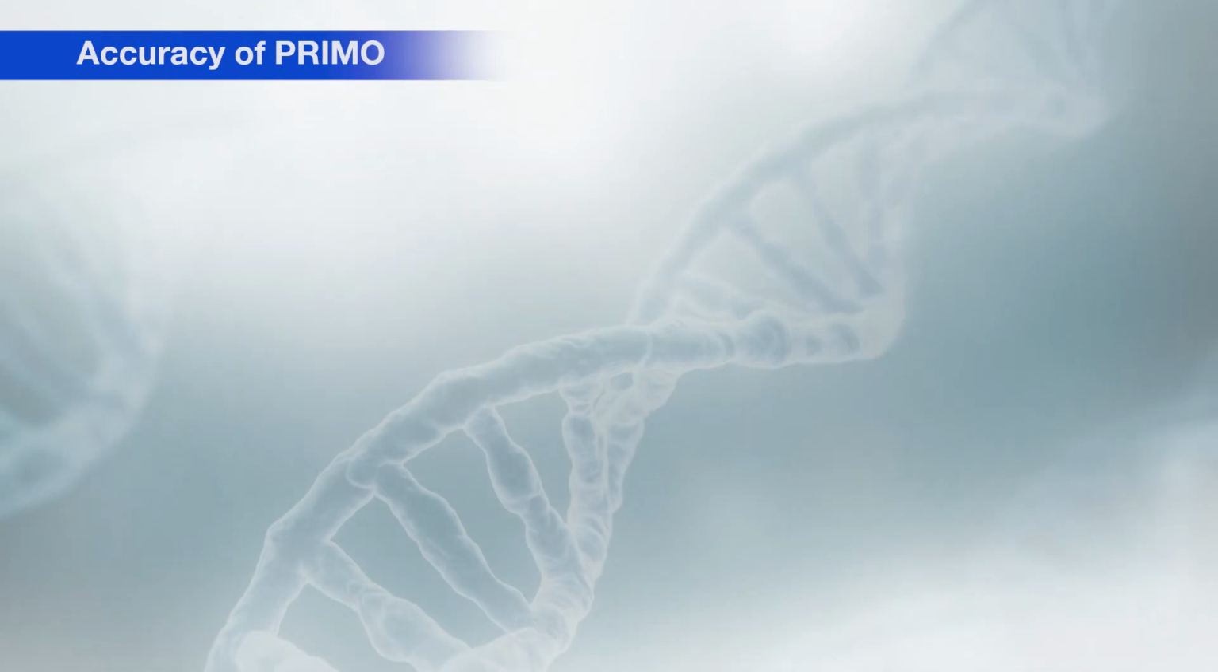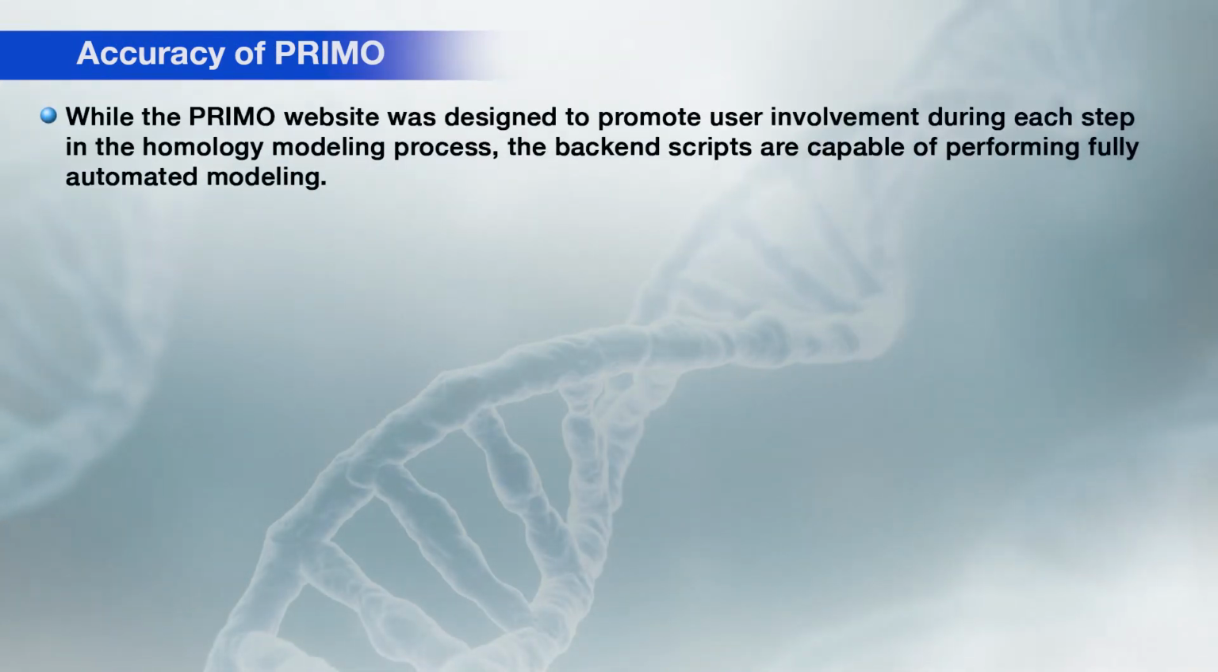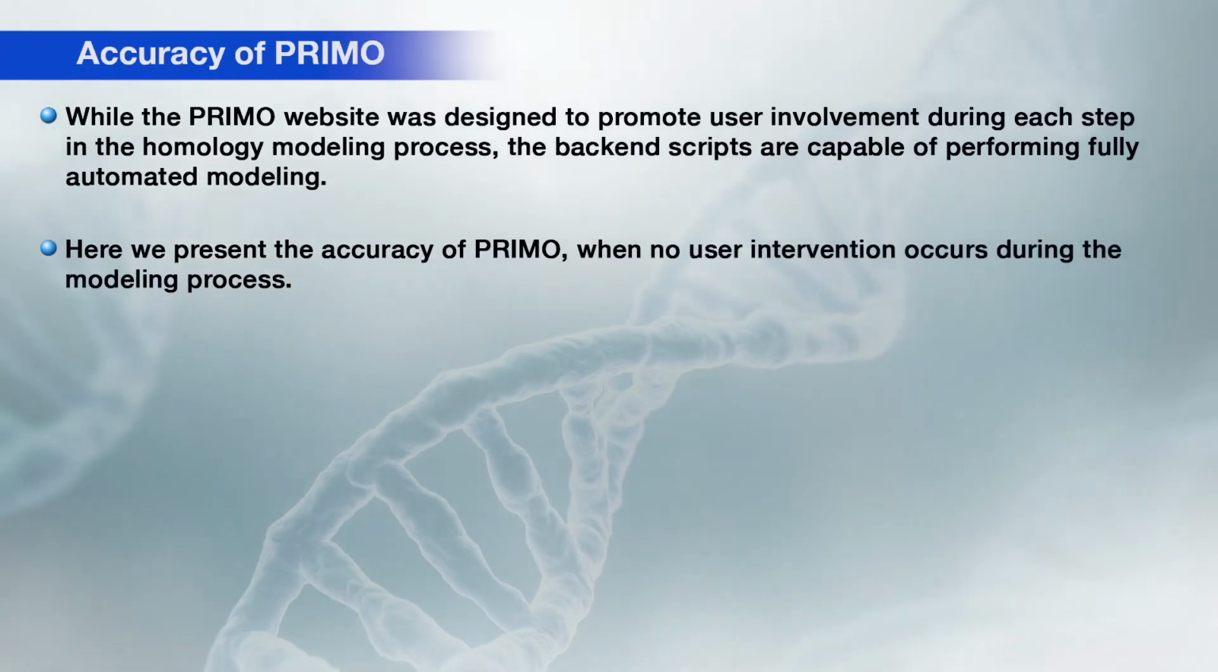So, now using the whole approach of Primo, let us see the accuracy of Primo at the backend scripts. While the Primo website was designed to promote users' involvement during each step in the homology modeling process, the backend scripts are capable of performing fully automated modeling. Here in the web server, we are presenting the accuracy of Primo when no user intervention occurs during the modeling